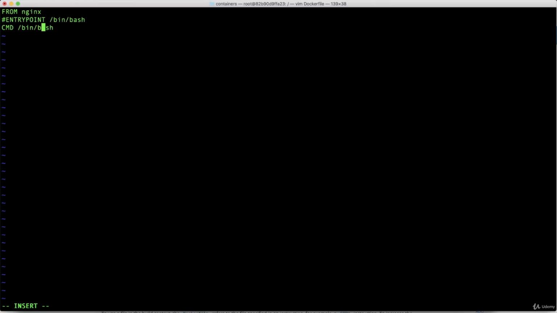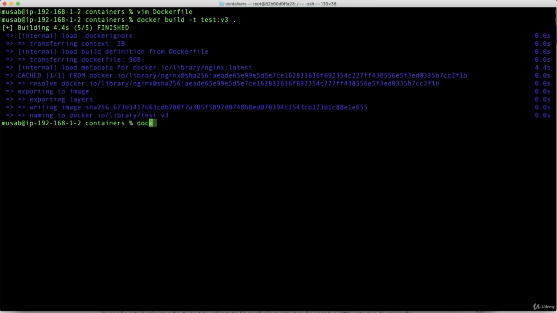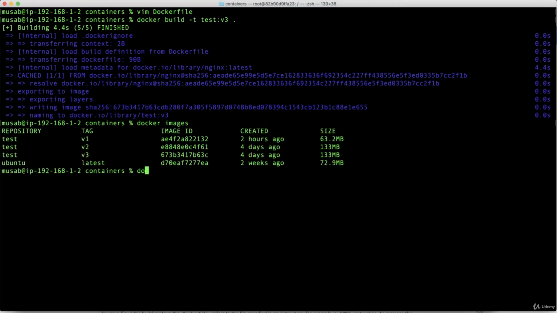But with the CMD, the argument you provide becomes optional, just like the default behavior. If nothing is provided, it will be like this. Okay, so let's save and let's build this image: docker build -t test:version3 ., docker images, docker run -it,